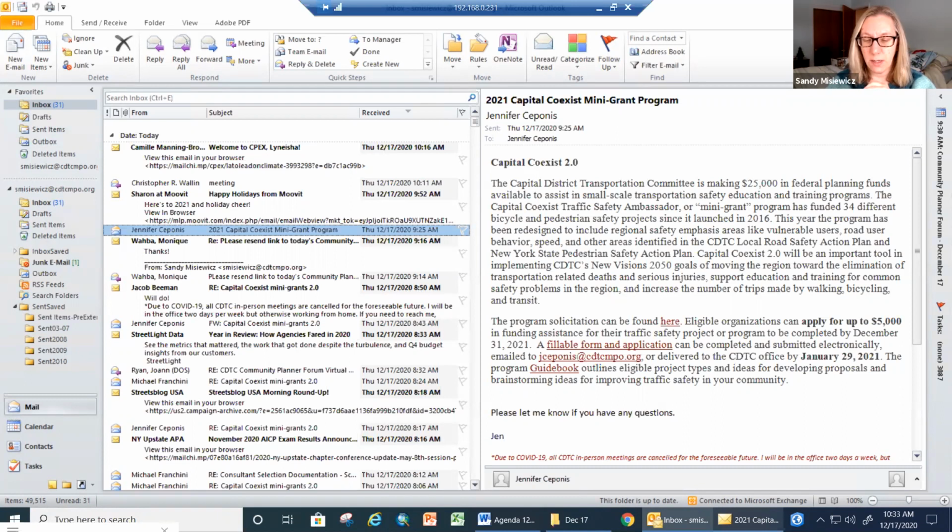I will follow up with an email to the broader group with this announcement. But again, we're looking for innovative programs and innovative educational projects that go beyond the normal things we've been doing. We understand that the COVID crisis is probably going to have a huge impact on in-person opportunities, so we are also being flexible and allowing for some virtual trainings, as we saw through the presentation this morning. There are many ways you can do things virtually. If you can get creative and have some good ideas, maybe something that benefits your own community or alternatively may benefit the region as a whole.